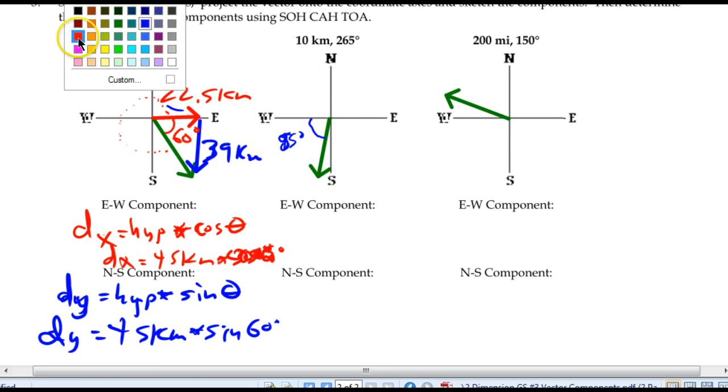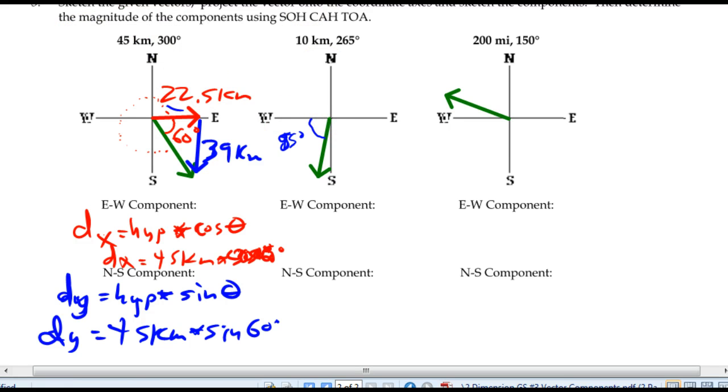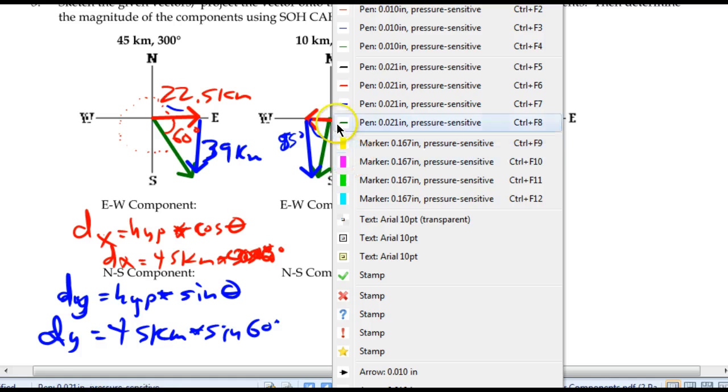If I go for the east-west component, then it's going to be west. It's not going to be west very much. And then when I go for the north-south component, it's going to be south, down about that much. Now again, those two should be perpendicular to each other. Again, to figure out how much it is, I'm going to want to take